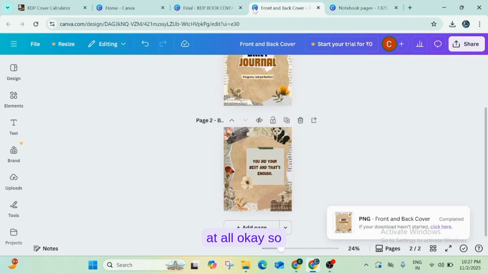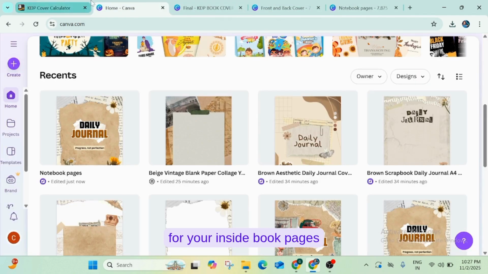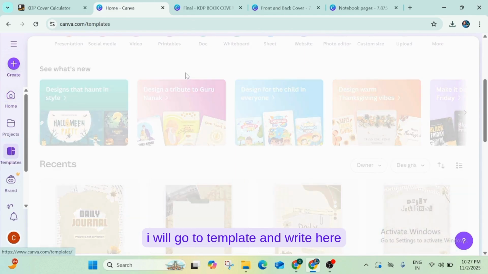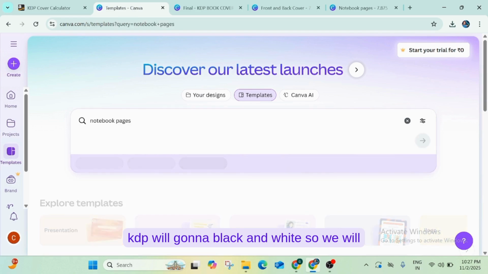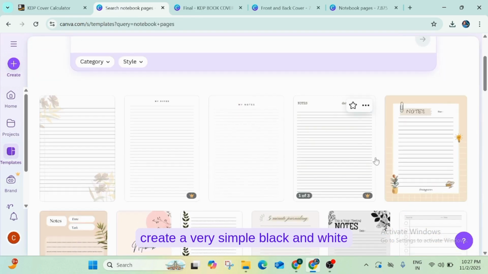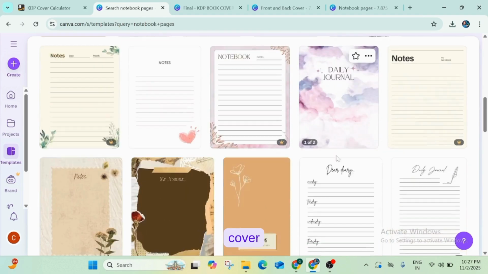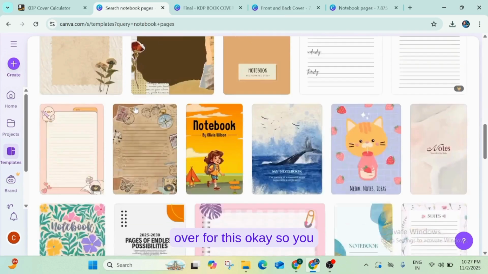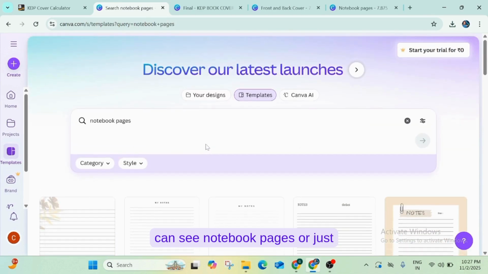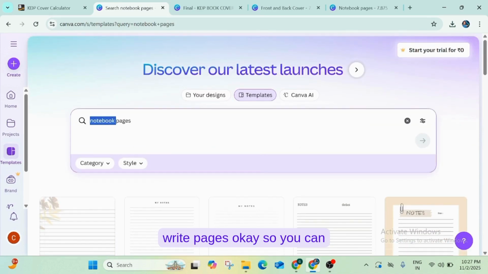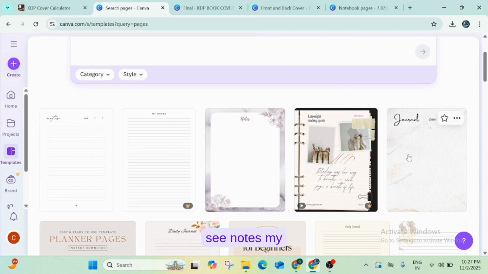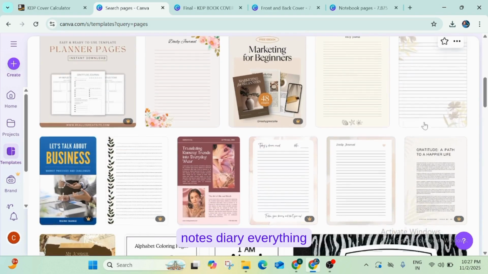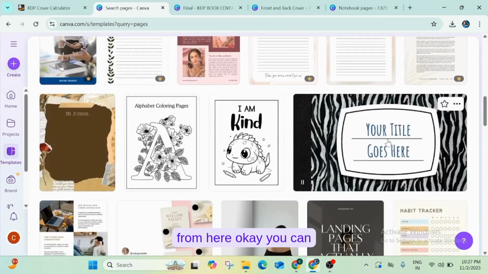For your inside book pages I will go to templates and write here notebook, because our pages in KDP will be black and white, so we will create a very simple black and white design for this. You can search notebook pages or just pages, and you can see notes, my notes, diary, everything from here.